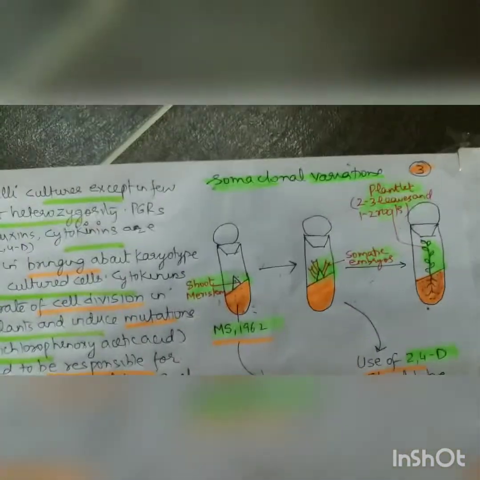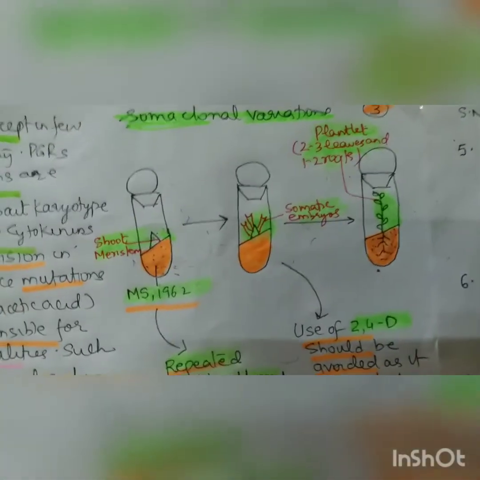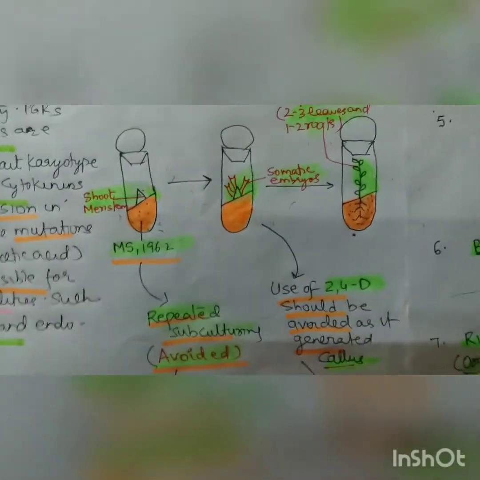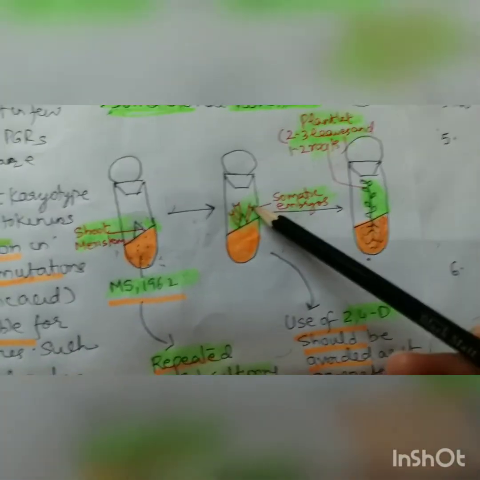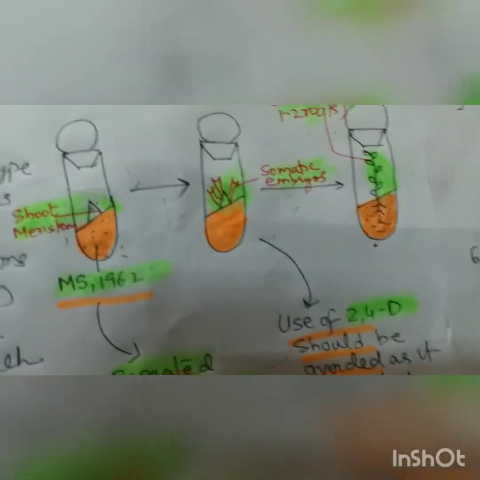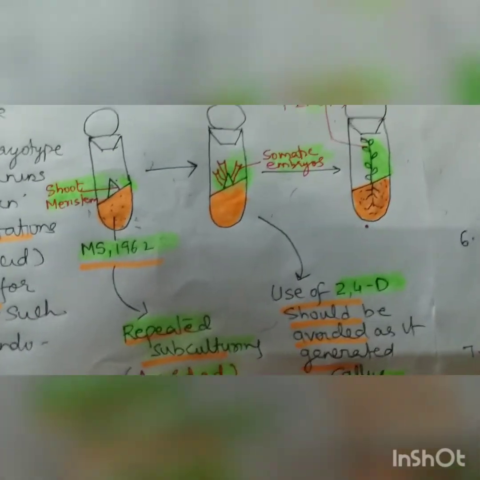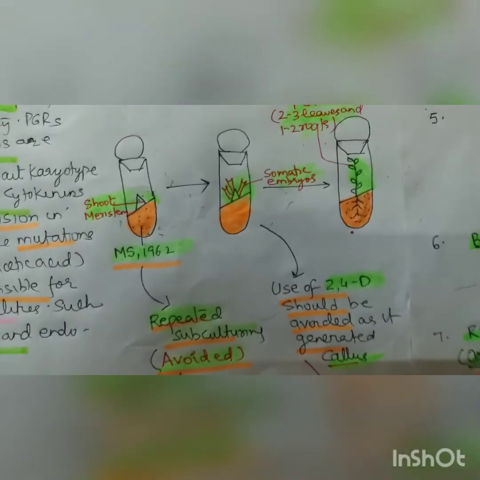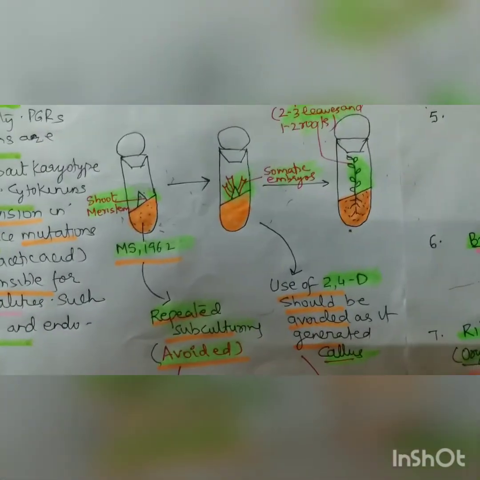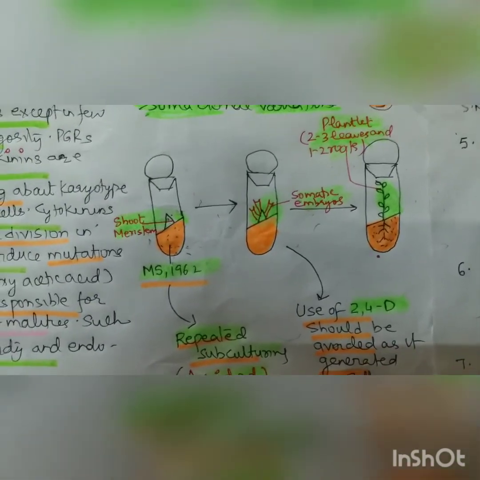So now I will wipe it out and finish it, and I just want to tell you we did 3 topics. Media is here, then somatic embryogenesis is here, and then because of the use of sterilization agents, 2,4-D and subculturing, we get somaclonal variation. These are all interlinked topics. So before I come back with anther and pollen culture, you should be ready with this. If you do these, it is very easy to understand anther culture.